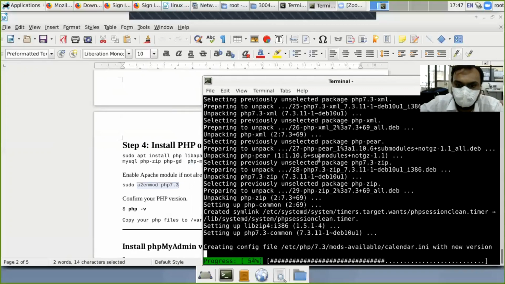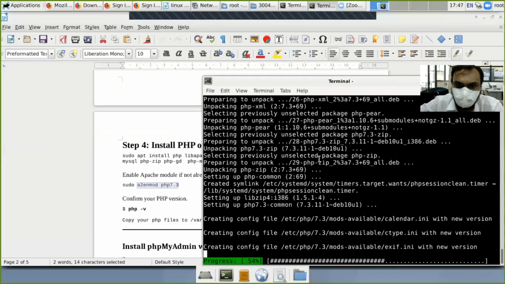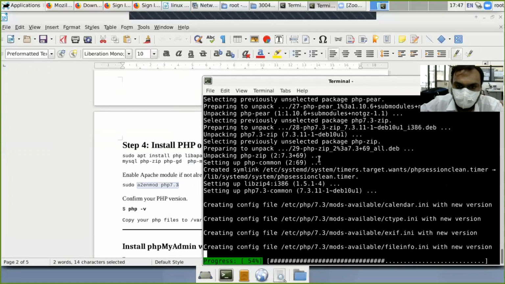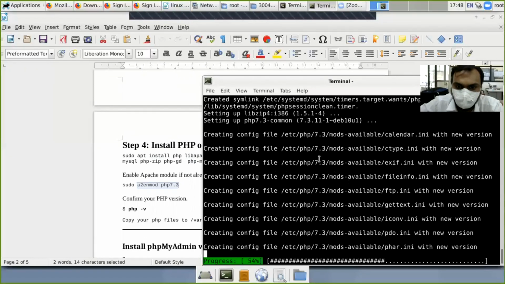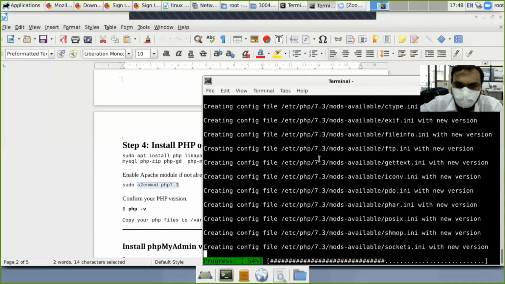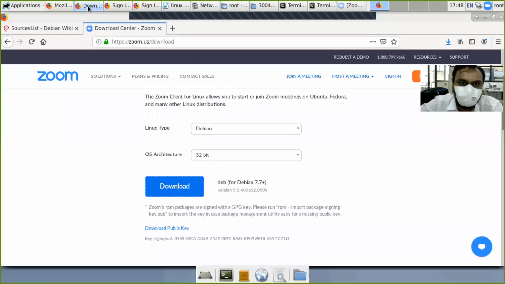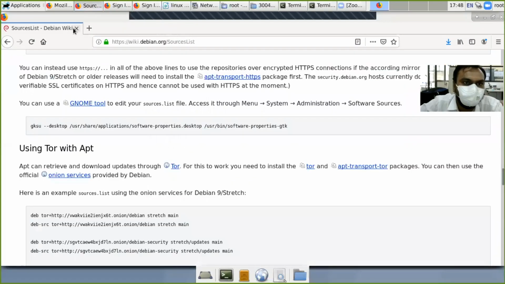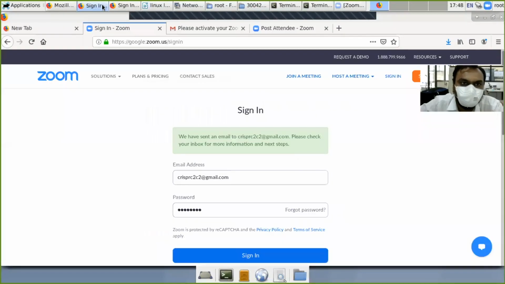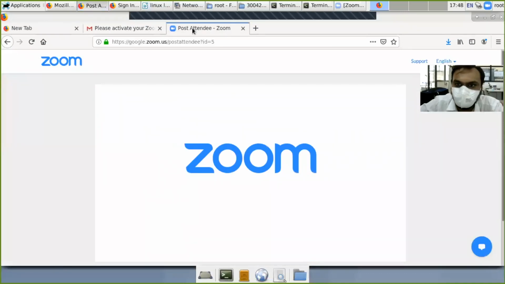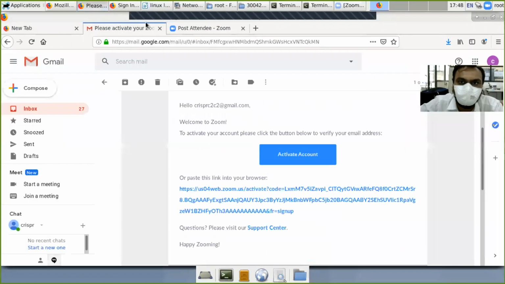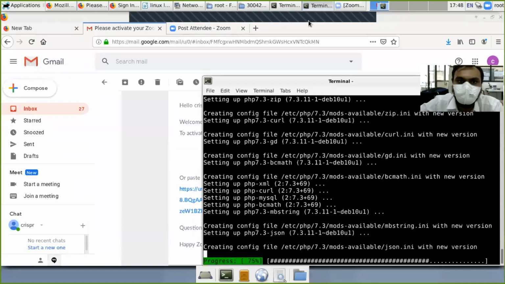It's very easy. Before that you have to install Debian, a Linux operating system, and then PHP: this is the LAMP server, Linux, Apache, MySQL and PHP. Now all the modules are being installed. It is at 78-80%.